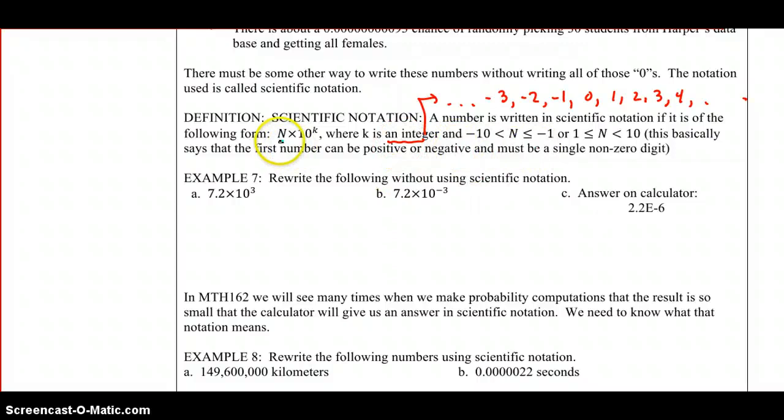And n, the number that we wrote to begin with, it's basically one number before the decimal that's not 0. Okay, so in the negatives, it's between -1 but not quite -10, or in the positives between 1 and not quite 10. Okay, so this basically says that the first number can be positive or negative and must be a single non-zero digit. So let's rewrite the following without